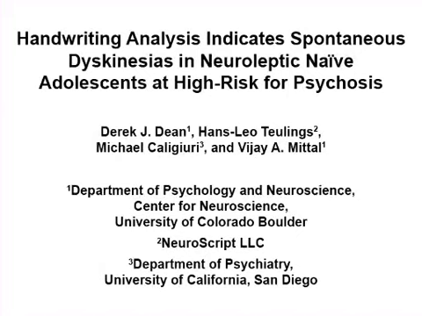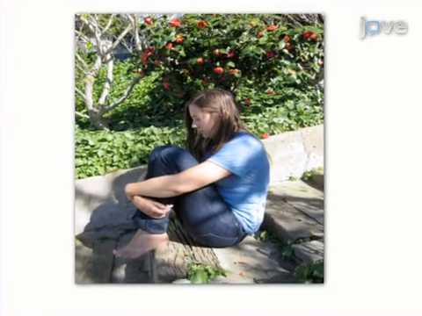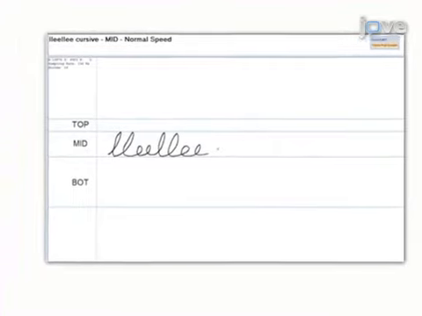The overall goal of the following experiment is to examine handwriting in individuals at risk for psychosis. This is achieved by recruiting two groups of participants. The first group is made up of healthy controls, and the second group is made up of individuals at risk for psychosis. As a second step, participants use a pen-enabled tablet computer to provide handwriting data, which is analyzed by